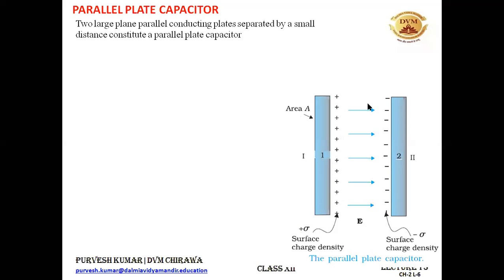All right. And in between, in this case, we have only vacuum. But there may be some medium also. We'll discuss what happens if we insert some medium between the plates. But for the very basic case, we have only vacuum between the plates. Nothing else is there. And we need to find the formula for the capacitance of this parallel plate capacitor. So let's try to do that. You can see this derivation of capacitance for a parallel plate capacitor.